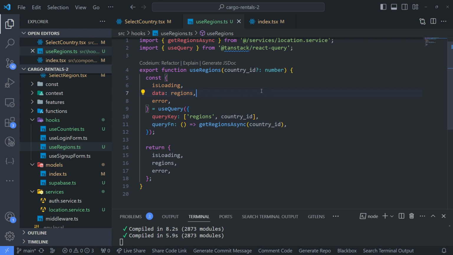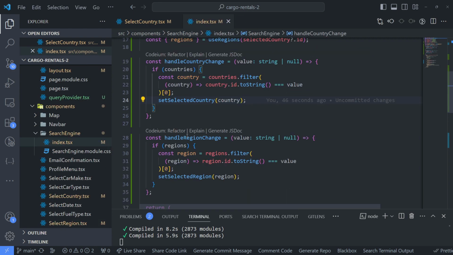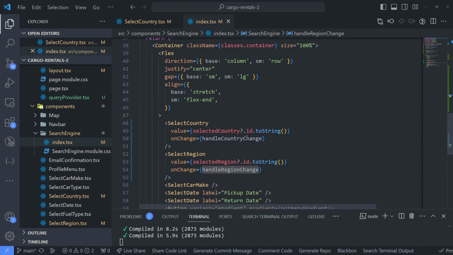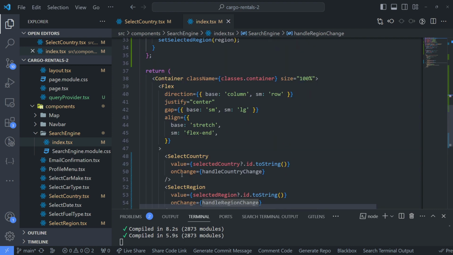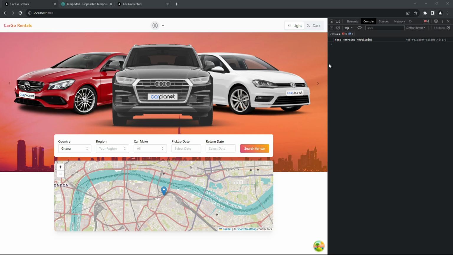So here we pass that to SelectRegions, and we pass the onChange handler for select country to its component as well. And with this one, when we go back to the app and we try to interact with it,